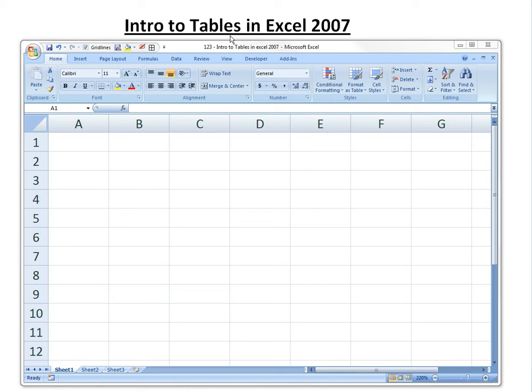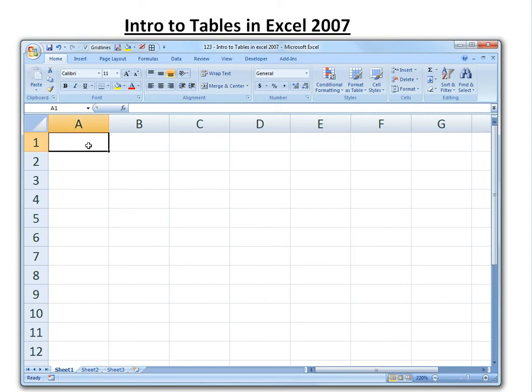Easy solution to discuss introduction to tables. It's a really powerful tool, and make sure you understand this. I'm going to use Microsoft Excel 2007. It's similar to 2010, and it's similar to 2003 as well, but I'll be working with this one. That's what I have. So basically, this is really important to understand, and I'll start off with making a random